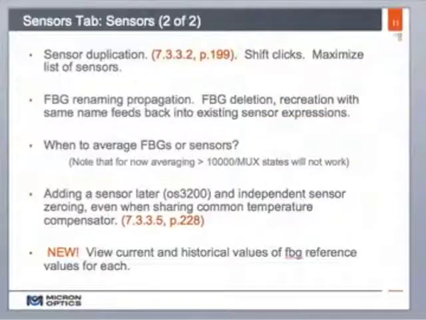So that example of a temperature compensated strain sensor, especially one where the FBG is shared, brings up an interesting conversation about when do you average FBGs or when is it better to average sensors. So in